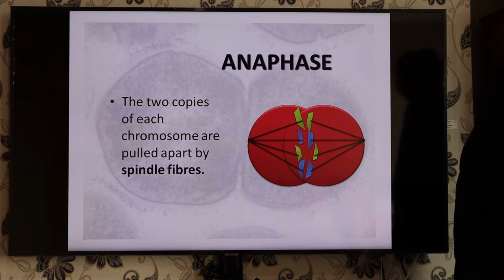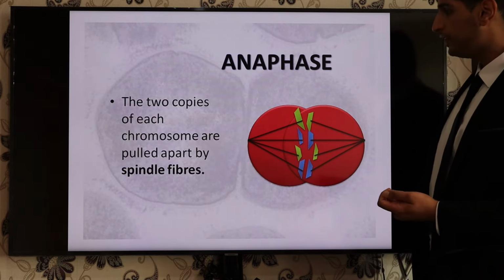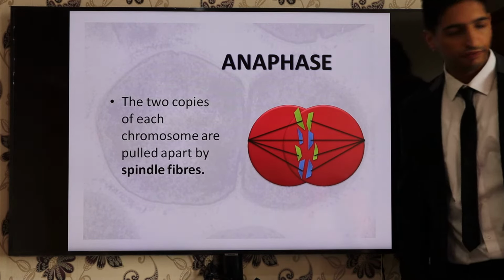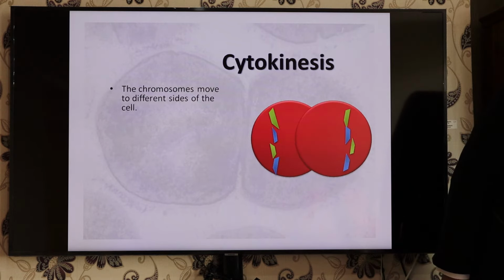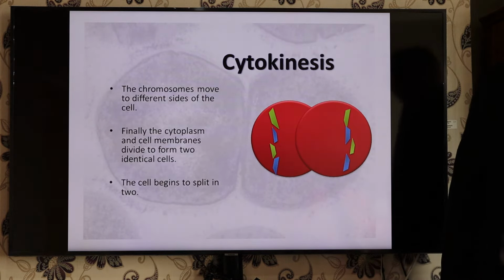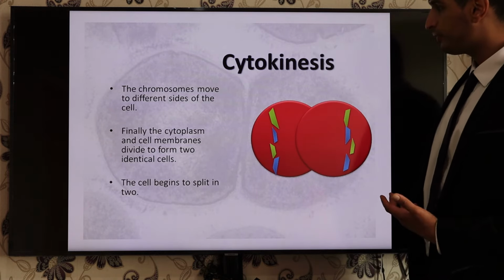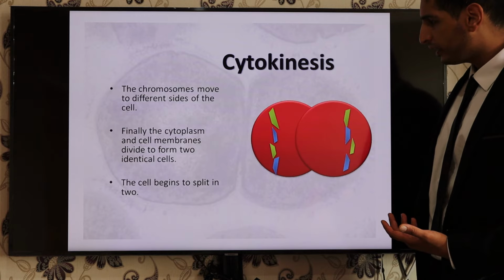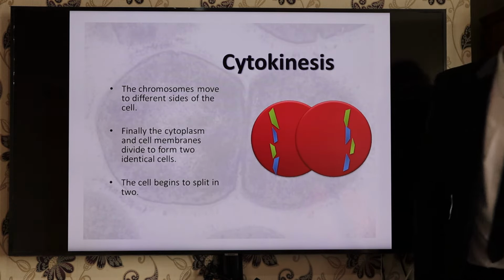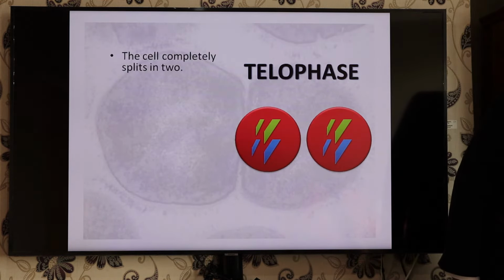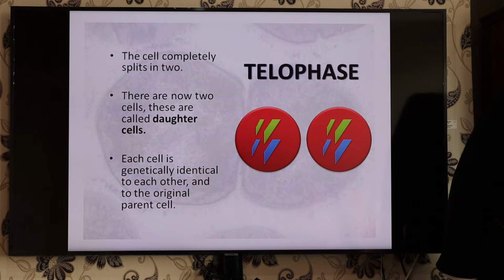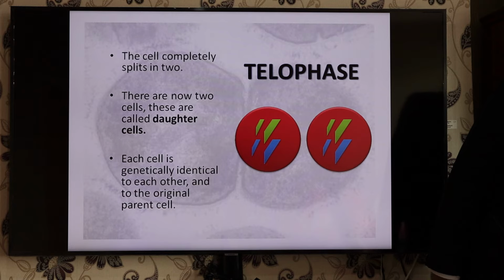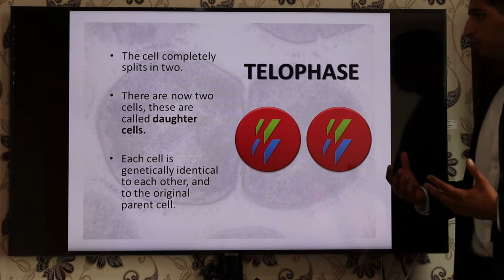Okay, anaphase. In anaphase, the 2 copies of each chromosome are pulled apart by spindle fibers. Cytokinesis. The chromosomes move to a different side of the cell. Finally, the cytoplasm and cell membrane divide to form 2 identical cells. The cell begins to split into 2. Really, telophase is the second to last, and the other one was the last. So basically what's happening is we are going